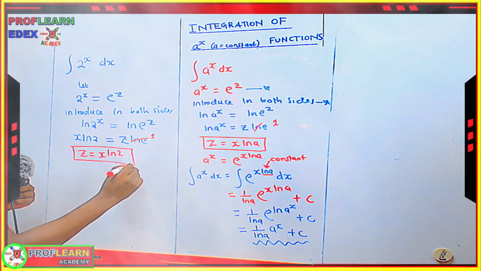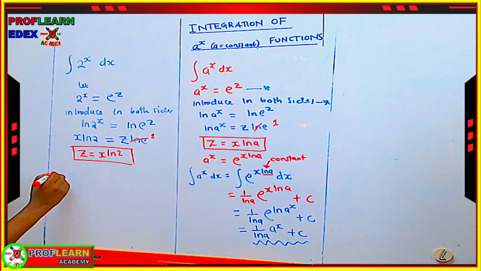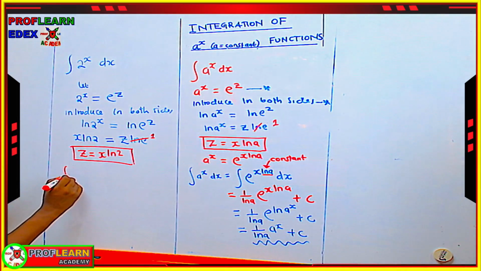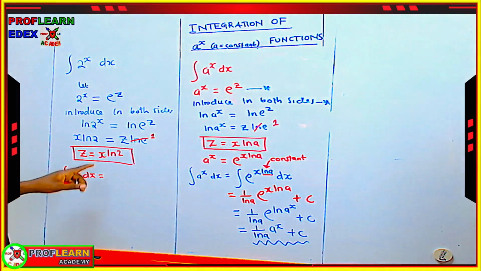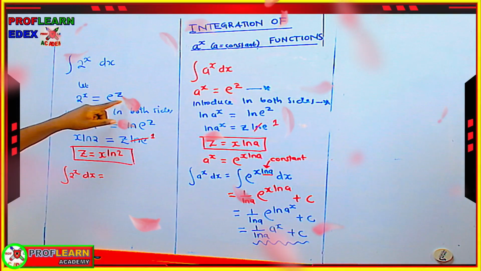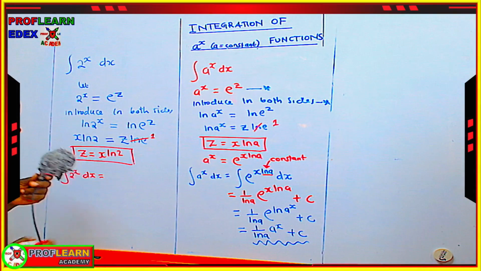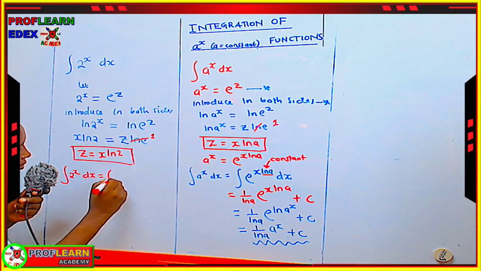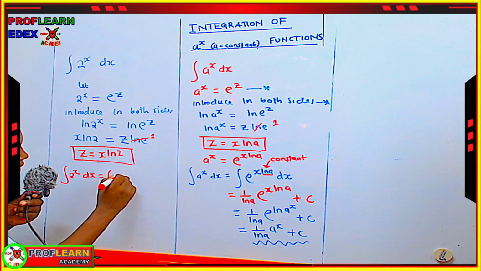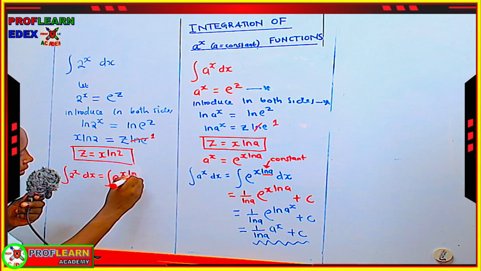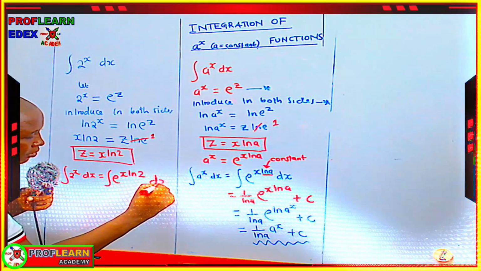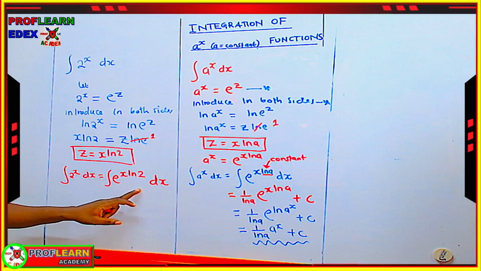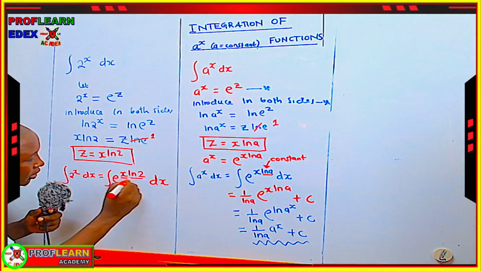as the expression here. Therefore, if we are doing the integration of 2 raised to power x with respect to x, that is going to translate to what? We are going now to say it is e to the z, but z is this part that we have gotten here, and that is going to be the integral of e to the z, but z is x ln of 2, right? And we say that whenever you are integrating an expression like this with the exponent, we are going to differentiate